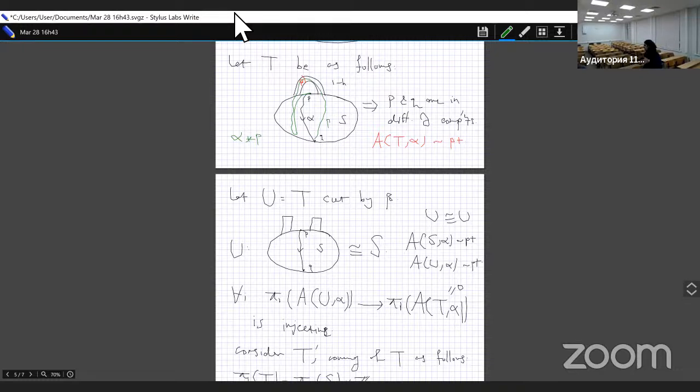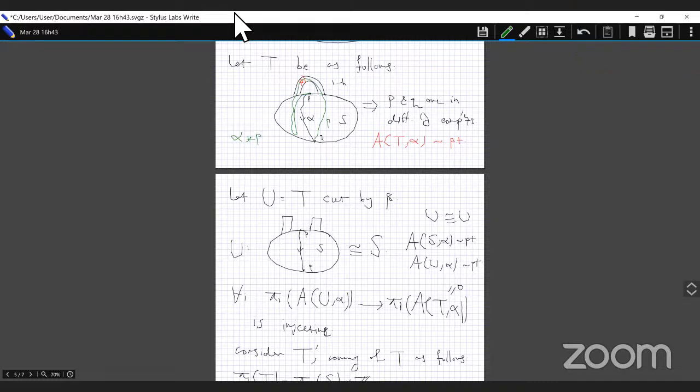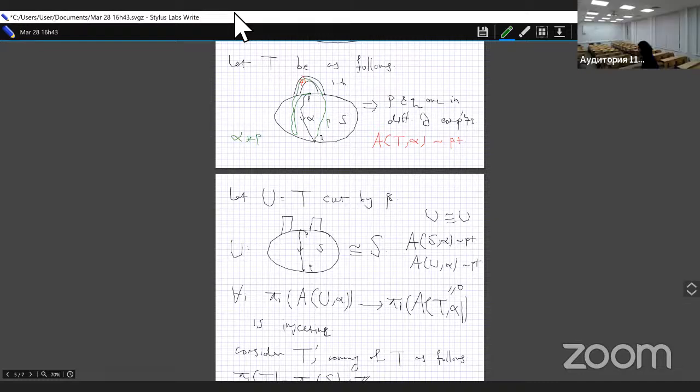But do we really need that? Well, yes, because, as I said, for all we know, the lift depends on which homotopy we choose. But we have a canonical choice. By the way, the surface we take as T is definitely spherical. Why? Because it has boundary. So the space of homotopies